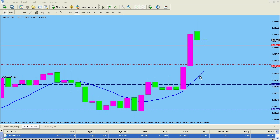Another advantage of an SMA is you can see that it is clearly pointing out a direction, the direction that you need to follow, the direction that price is going. And currently the SMA is pointing up, so you're only looking to take, especially in these short-term trades like this, bullish trades in harmony with the trend, unless you're on a 1-minute time frame